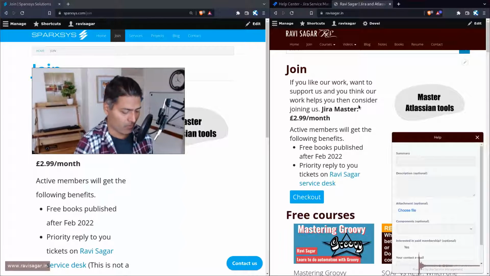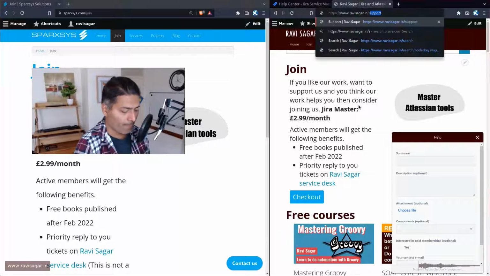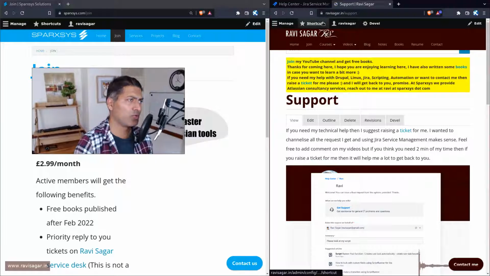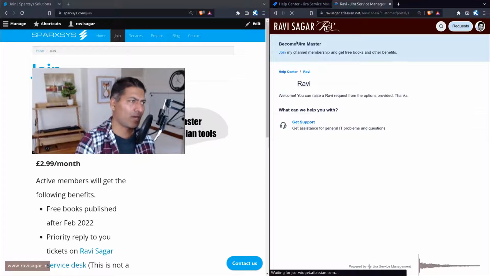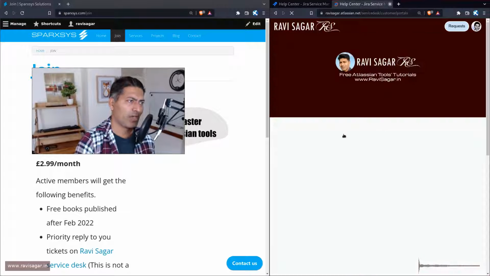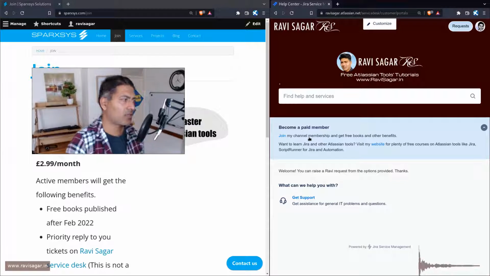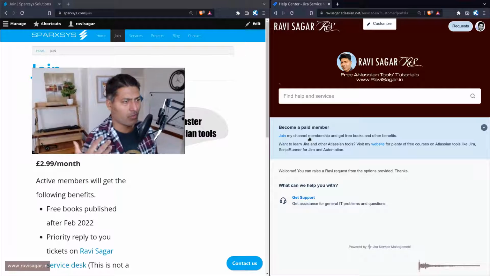Or you can go to my portal. There is a link, but usually it is ravisagar.in/support, and you can click on the ticket here, and it will take you to the same page where you can raise a ticket for me. So the idea is that when people raise a ticket for me, I have a better way of channelizing all the requests.